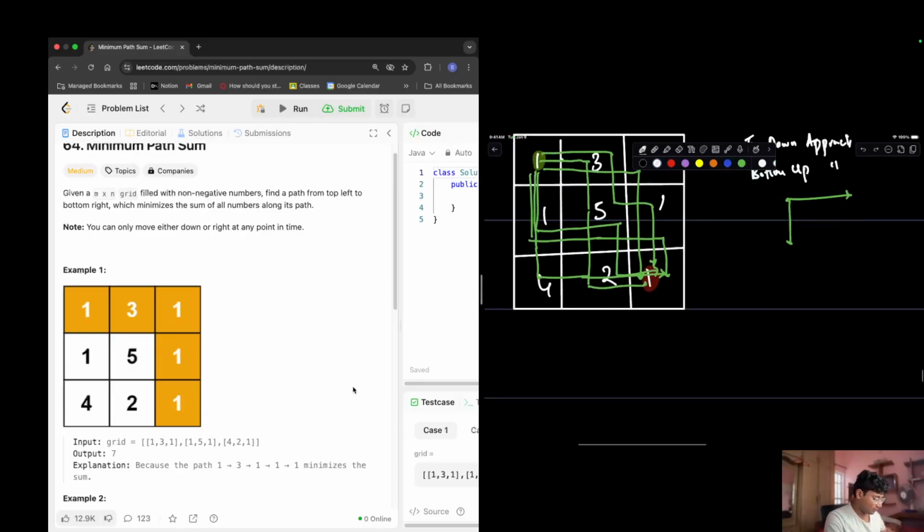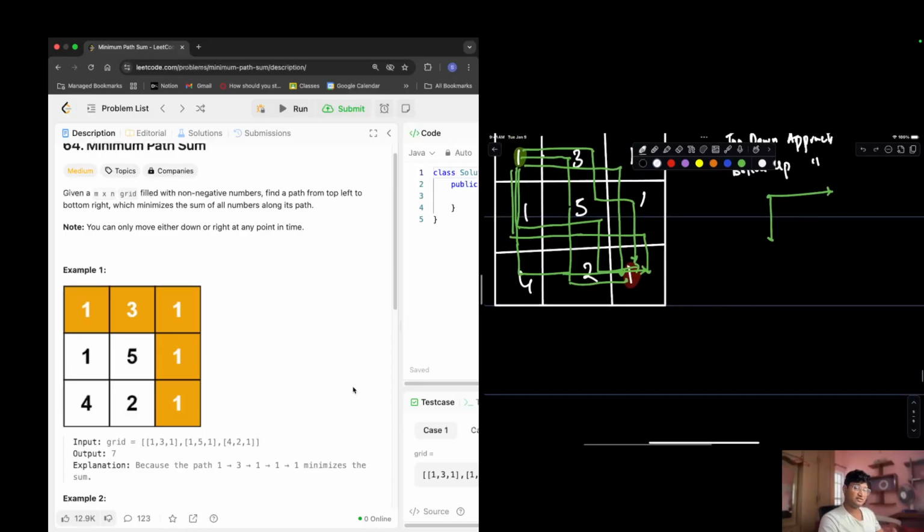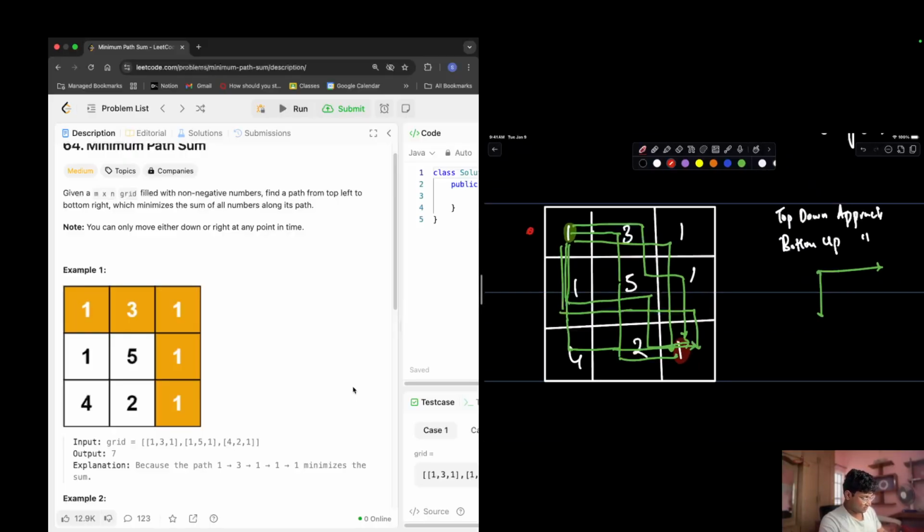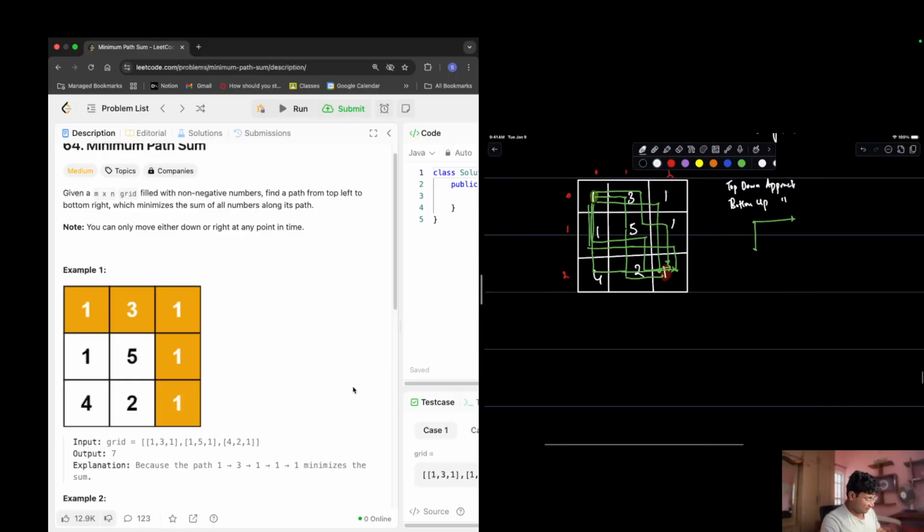How do we start with the top-down approach? We'll start from the destination itself, and we'll try to figure out how many ways there are to reach that destination. Let me mark the indices as well: 0, 1, 2, and 0, 1, 2. So basically, the ways of reaching